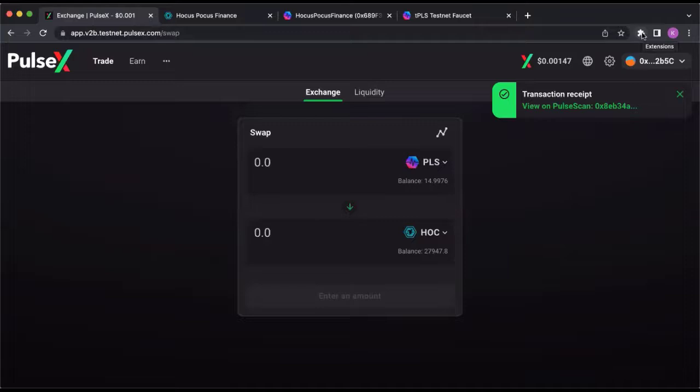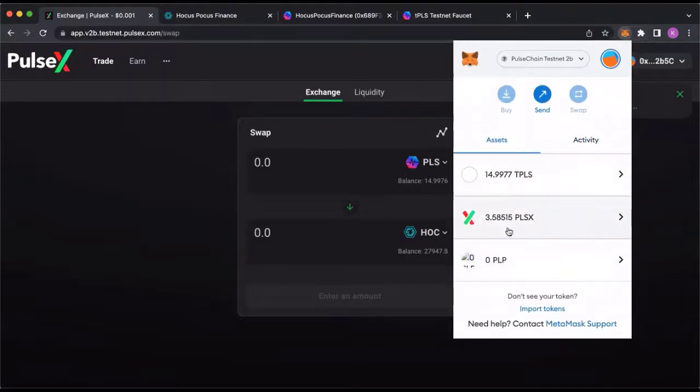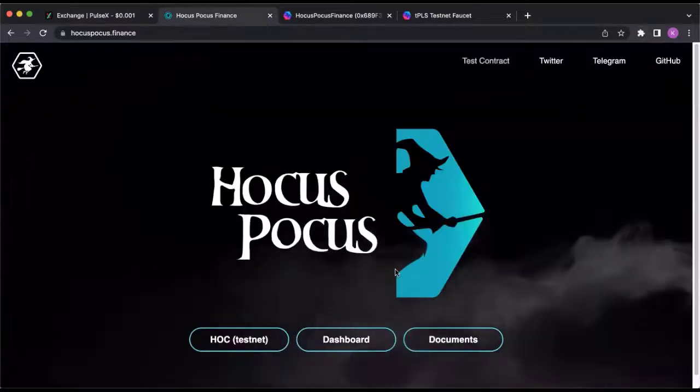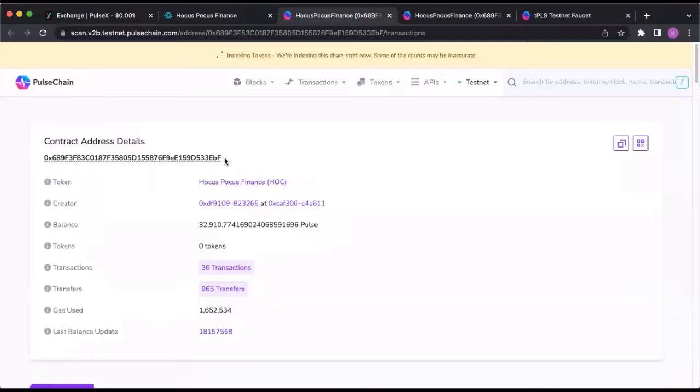The best way to confirm this transaction is you come back over here to your wallet, and you'll see that your Hocus Pocus has not showed up yet. So how we can add this token to our wallet is you're going to hit import token, and you're going to come back to hocuspocus.finance, select testnet contract, come back over, grab the Hocus Pocus contract, come back to your MetaMask wallet,